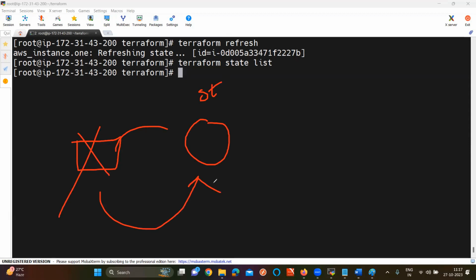It will keep storing like that only. Completely, if it is terminated, then the information in the state file is going to be removed slowly. But it won't replicate. It will show there is content. But if I give the refresh command, the state file is going to be completely refreshed.